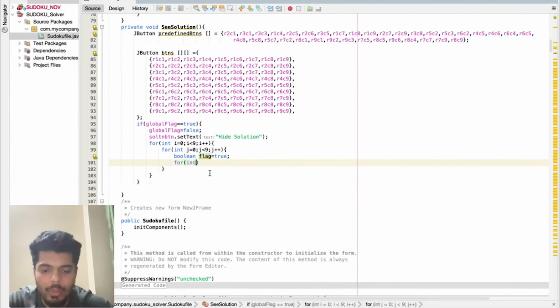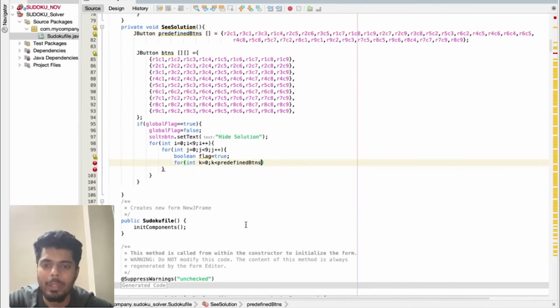Now again I'll go inside, int k equals 0, k is less than predefined buttons dot length, and k plus plus.